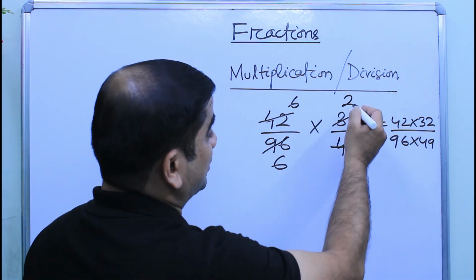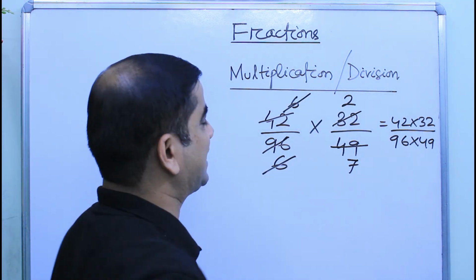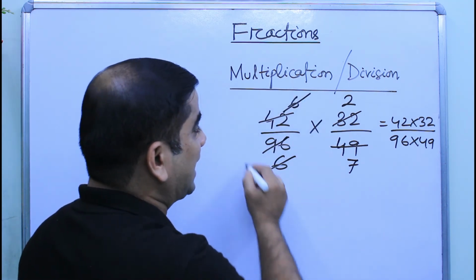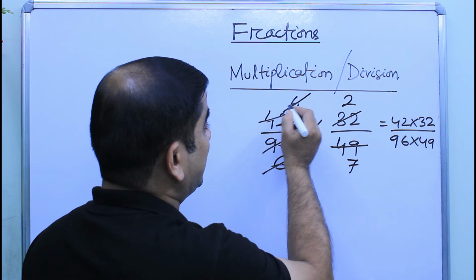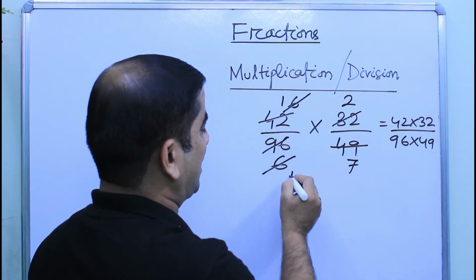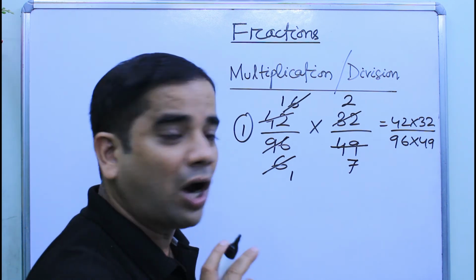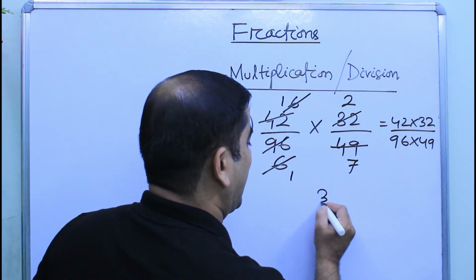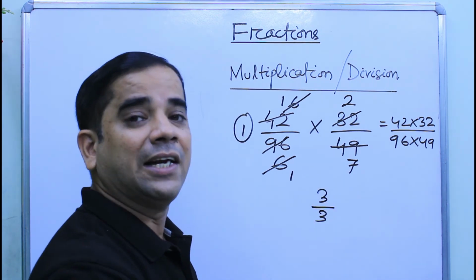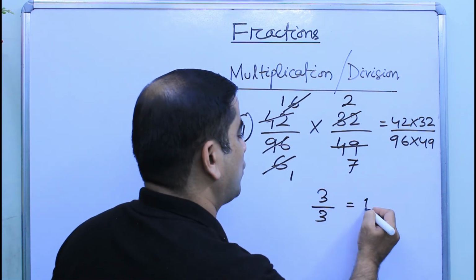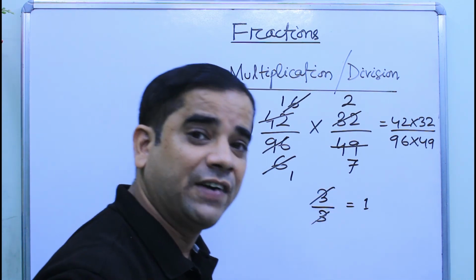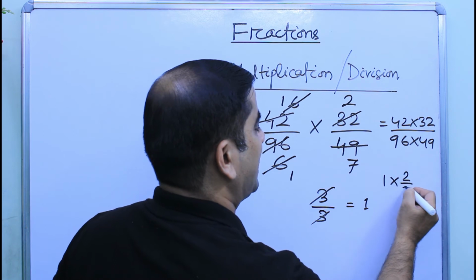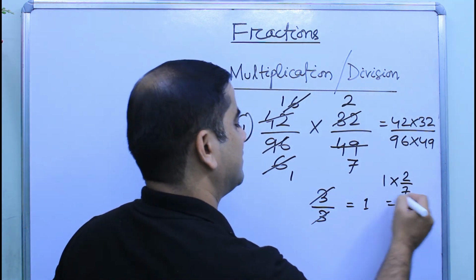And then we can also see that 6 and 6 divide each other, leaving behind 1. So don't think that nothing is left here, because 6 1s are 6, 6 1s are 6. That means 1 by 1 here remains 1. We should not leave it like 0. Okay, everything is cut out, so it is 0? No, it is not 0. Whenever we divide the numerator and the denominator and they are the same, it gives us 1. We have already discussed it in our previous videos. So here now the result is 1 into 2 by 7, that is 2 by 7.